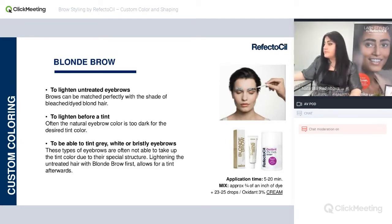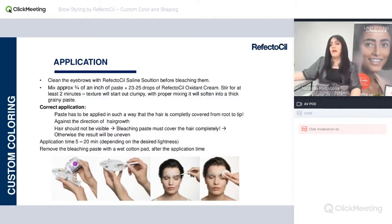Sorry about that. Just give me 1 second. When you're mixing it, I'm going to go to the next slide to show you. I've had a lot of people, when they try the blonde paste and mix it, say, oh, it's defective, it's very clumpy. Even with hair bleaching, you have to work at it for a minute or 2, until it becomes a grainy paste. So mix it, and if you didn't get enough of the 23 to 25 drops, if you did less than that, add more,